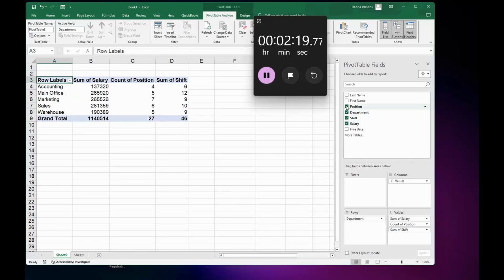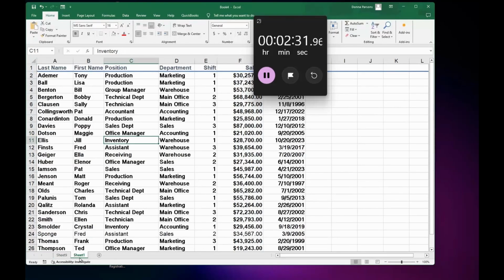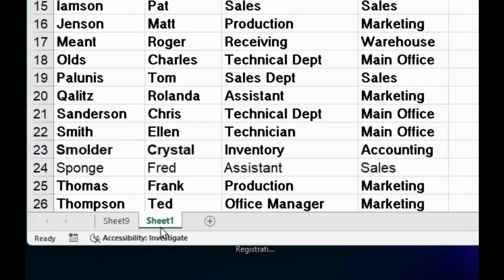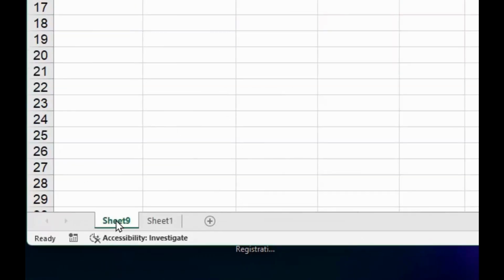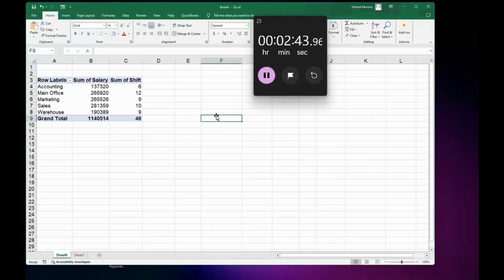Now if I come down to the bottom left hand corner, you can see that the original sheet is still intact. Over to the left is now my sheet. If I left click away from the pivot table, the pivot table fields on the right go away. If I left click inside the pivot table, my pivot table fields show back up. So there you go. 3 minutes, pivot tables,